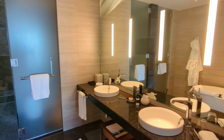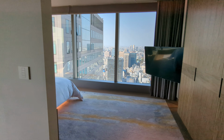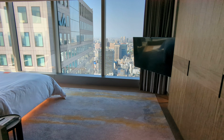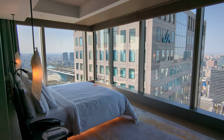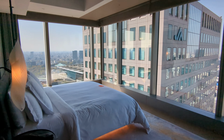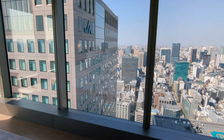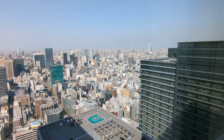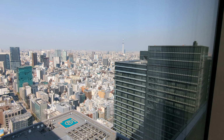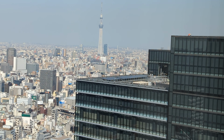So let's turn around. Let me do it nice and slow to not get people sick. All right, so we turn around. And this is the bedroom. So this is the northeast of Japan. And you can see in the distance, that is the Tokyo Sky Tree, which is now the tallest structure in